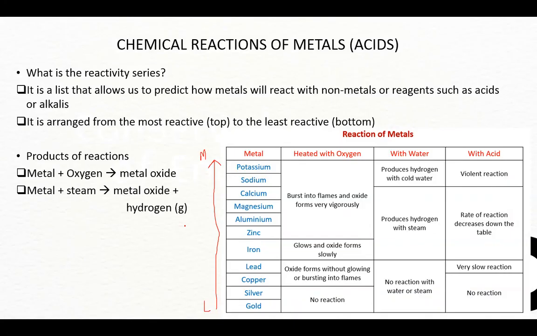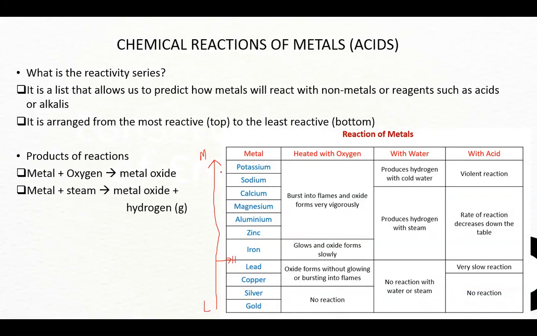So if we were to look at the table here, we have potassium, sodium, calcium, magnesium, aluminum, zinc, iron. I just want to draw a reference here: between iron and lead, we will find hydrogen, and you'll see why I made sure to put that there. Then we have lead, copper, silver, and gold. So how are they going to react? Remember,